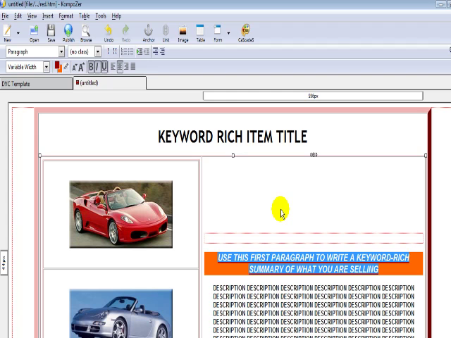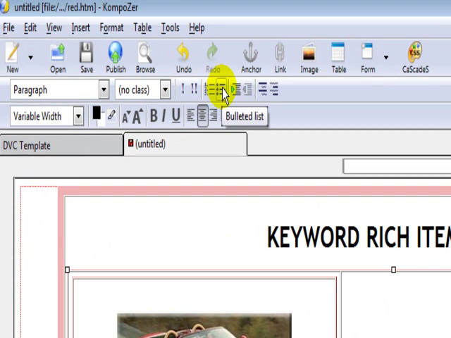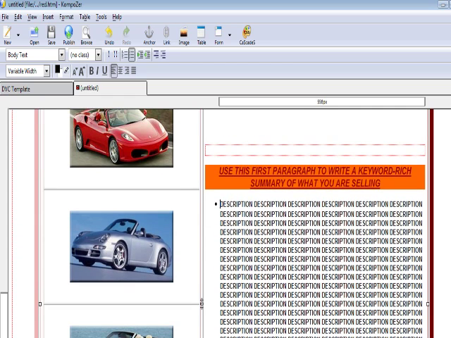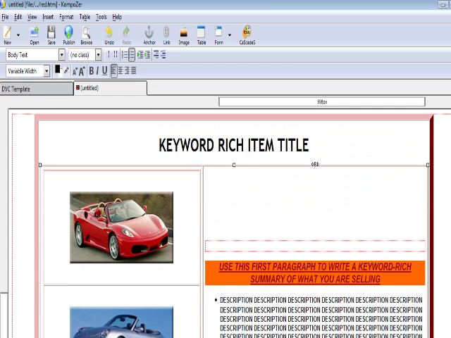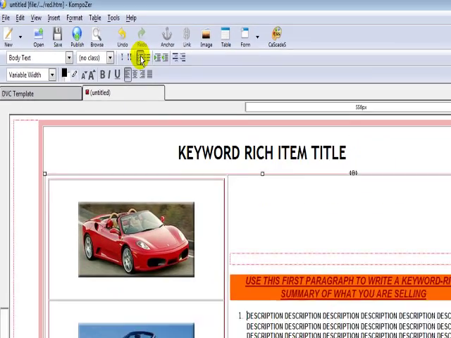Now then, another great way to make a key benefit stand out for your customer to see in the product, is to put bullet points before the actual line of text. So if you just click before a line of text with a cursor and then click this particular button here, it adds a bullet point to the beginning of the text, and what that does is, as you can clearly see, it makes that particular line of text stand out from the rest, and that's the actual idea and use of bullet points within a description. This tool here next to it is the same difference, except you're using numbers, as you can see,